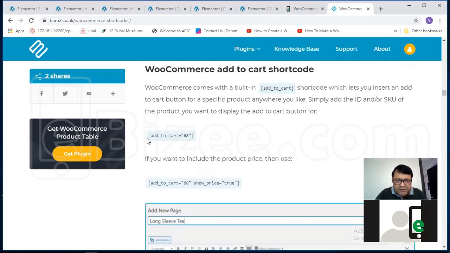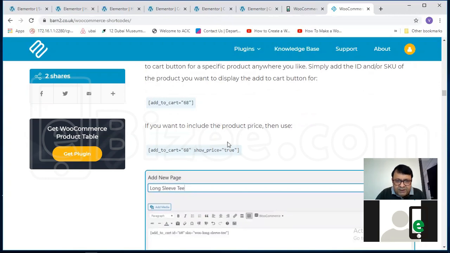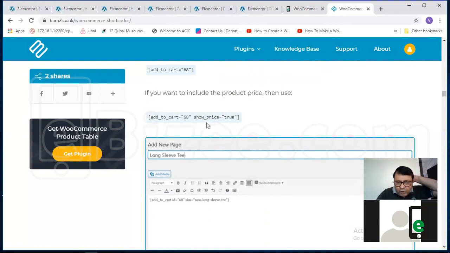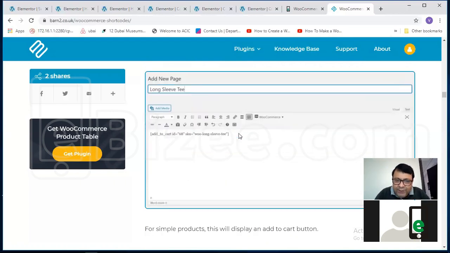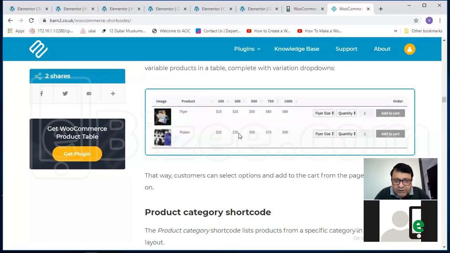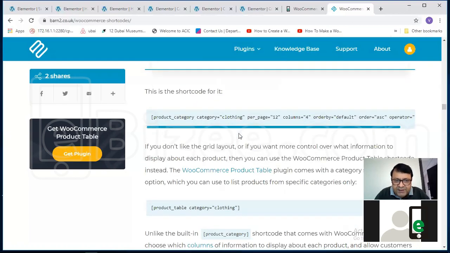See here. This is one shortcode. This is another shortcode. Right? You remember I told you that there is a dynamic page. Your products will automatically come on the homepage. Yes. That is these shortcodes only. So if you use this shortcode, like we used in Ninja Form, when you put that shortcode, automatically it will create. So this is a complete list of shortcodes on this page.